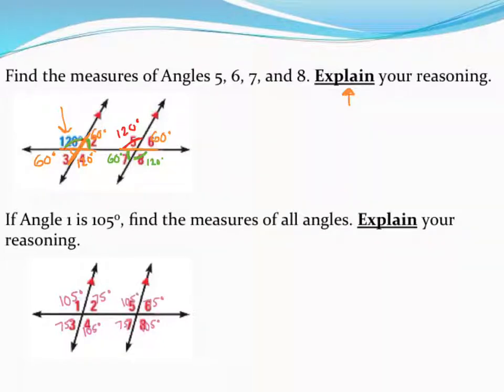So there you can see the 8 angles. Again, notice there's only 2 angles that we used, either 105 if the angle was obtuse or 75 if the angle was acute. Now I didn't go through and write down all my reasoning, but hopefully as you were doing this in your head you were at least telling yourself why you knew certain angles were what they were,